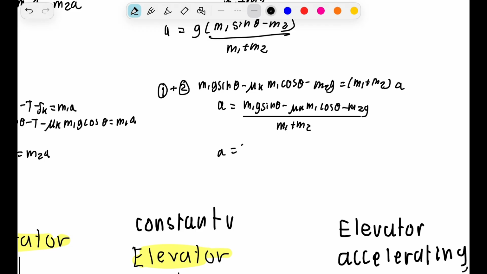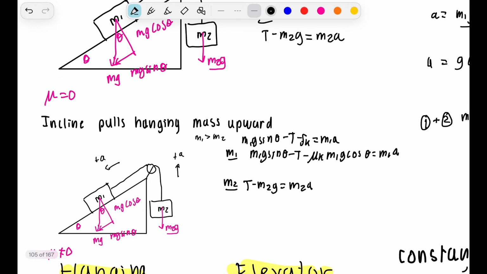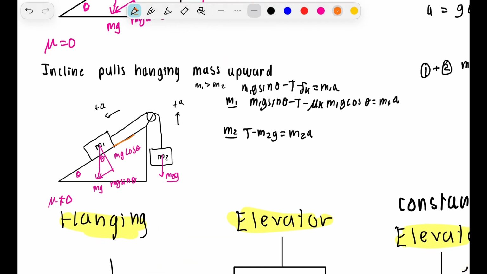And again, you could factor out g, minus M2, all divided by M1 plus M2. So your gravity is going to drive your entire system down the ramp, and your friction and your hanging mass are going to resist. So here we had your Fk, and this hanging mass is going to try to pull it the opposite direction. Those are resisting. Now let's talk